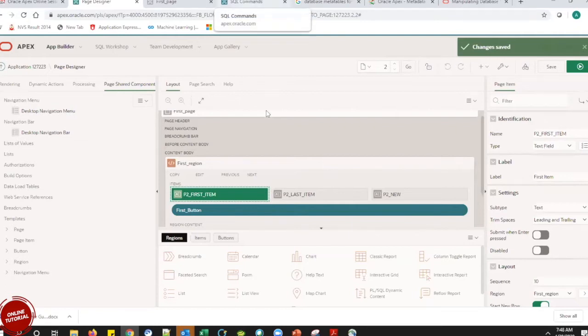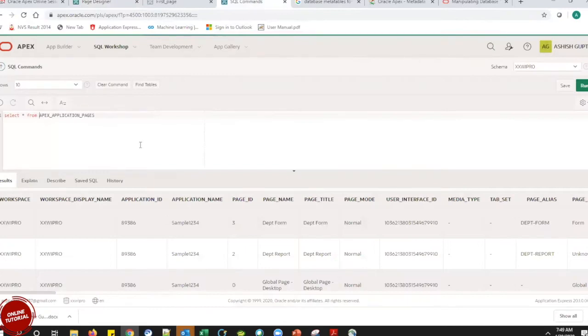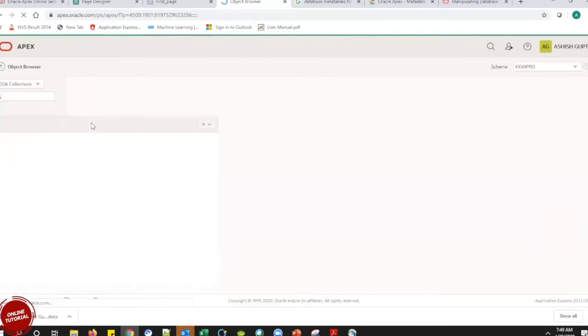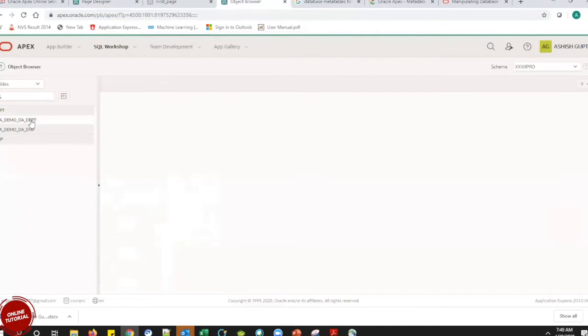If I want to make it a select list or drop down, I need to know first what values I have to show and what values need to be populated in the front end screen. For that, I will first try to see my table. One second, you will come to know. Let me just take out the table.